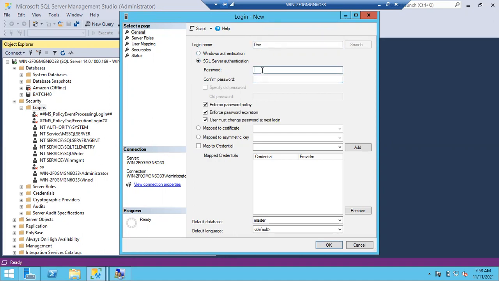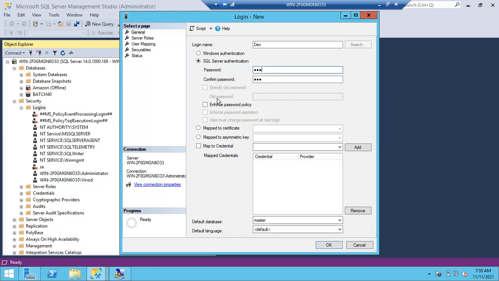And I'm going to give the password. I'm giving a simple password, 123. Actually, it doesn't allow the 123 password. Why? You can see here that Enforce password policy is selected. If this option is selected, you have to give a strong password: minimum 8 characters, one capital, one small, one number, one special character. If you uncheck it, it will allow the 123 password. Minimum 3 characters it has to allow. It won't allow one digit or two digits.